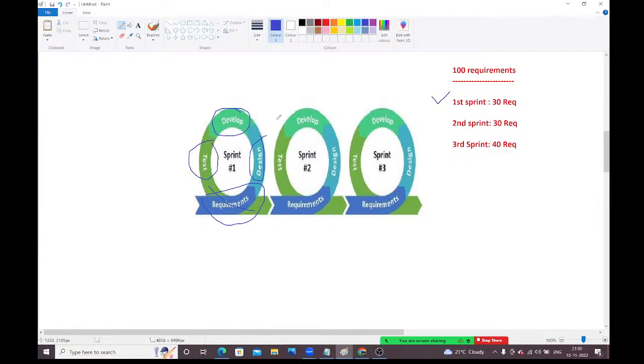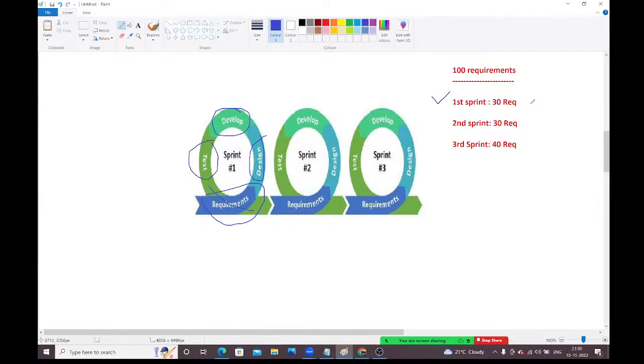Once the 30 requirements are completed, we need to go to the client and take the feedback. Is the client happy with our development or not, is the client satisfied or not? If the client suggests any changes, we need to work on those changes also. In the middle, requirement changes are allowed in the Agile methodology. But if you go with waterfall, in the middle, requirement changes are not acceptable. But in Agile, it is allowed, it is acceptable. Okay, fine, guys.